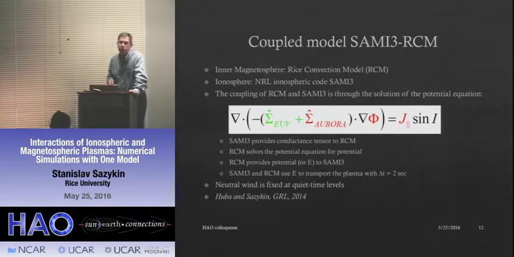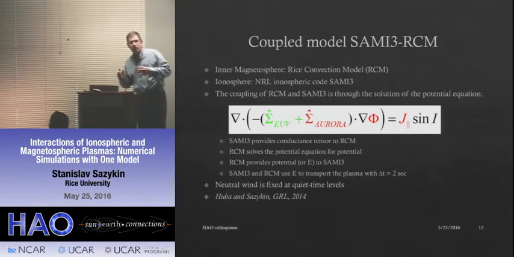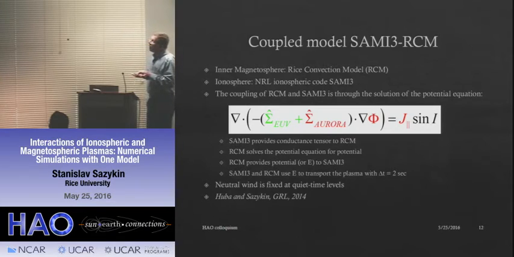So they're destined for each other. It turns out that you can simply couple the two models through this current conservation equation. You can solve one of them, one version, and in it the conductance, the non-precipitation part, can come from SEMI by evolving the full 3D ionospheric distributions and species and everything. The field line currents come from the magnetosphere, and then you solve for the potential, and that potential is used